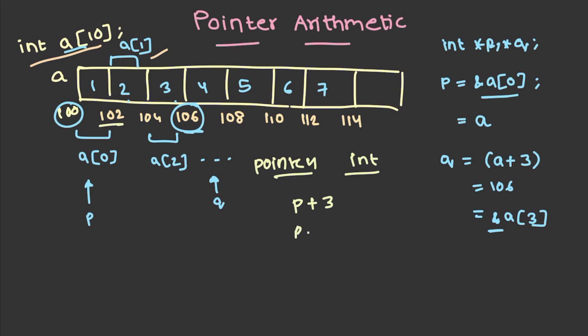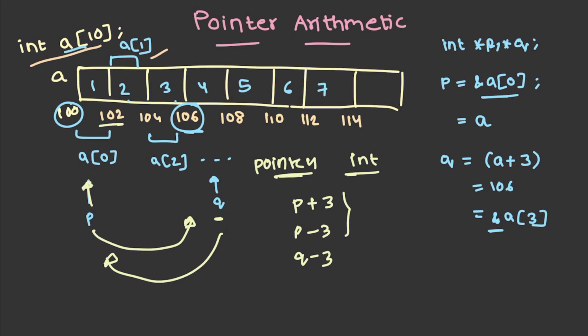P plus 3, P minus 3. So if P is at this location, P plus 3 actually takes it somewhere to this location. Similarly, if Q is at this location, Q minus 3 actually takes it backwards. So addition and subtraction of a pointer with an integer is possible, and you can even subtract 2 pointers of the same type. That means if two pointers are actually pointing to the same array, then you can subtract them,